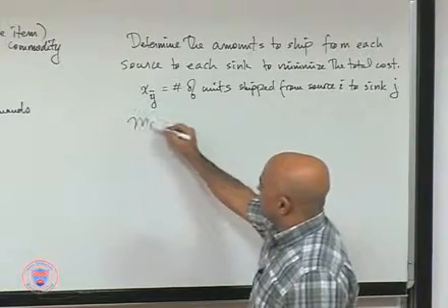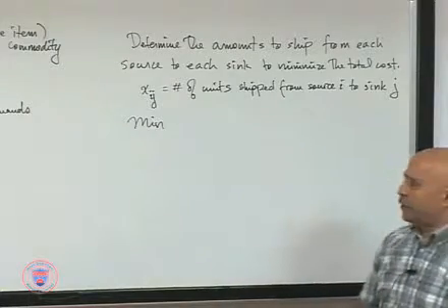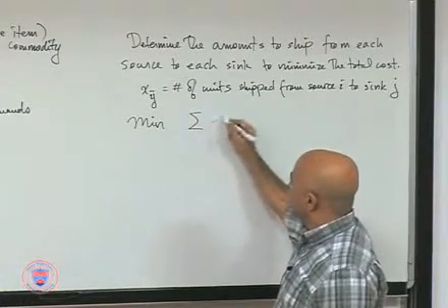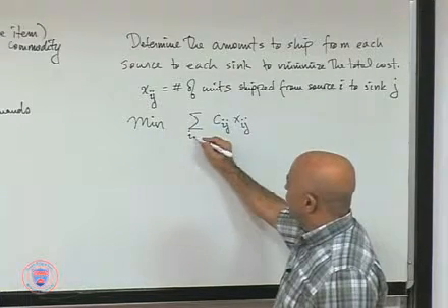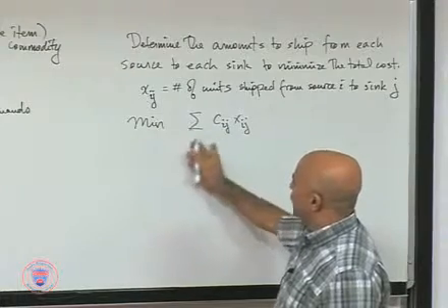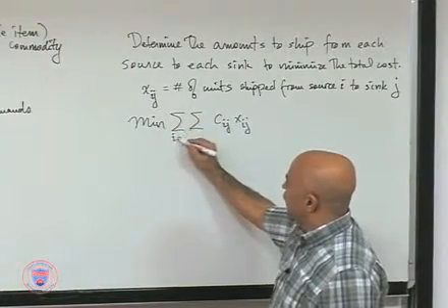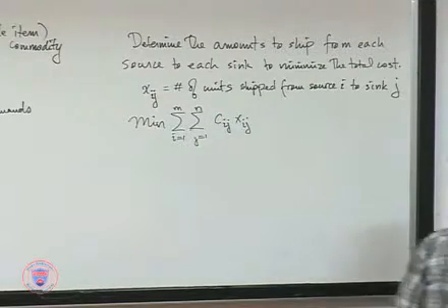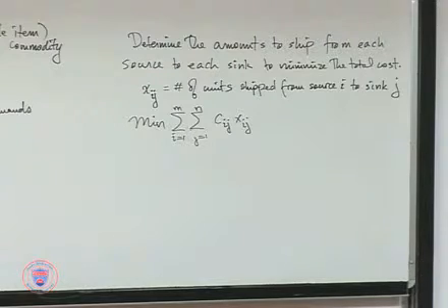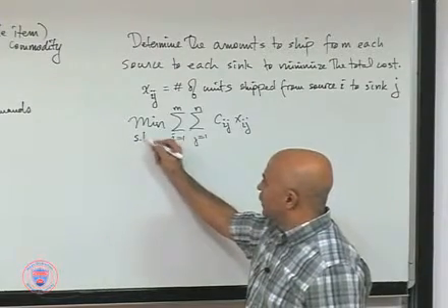So the problem we have is to minimize the total cost, which is going to be cij times xij summed over i and j. Let's just make this a double summation, i going from 1 to m, j going from 1 to n. cij is the cost per truckload going from i to j. So if you're sending xij truckloads from i to j, of course that's the total cost contribution for that leg of shipment. Subject to